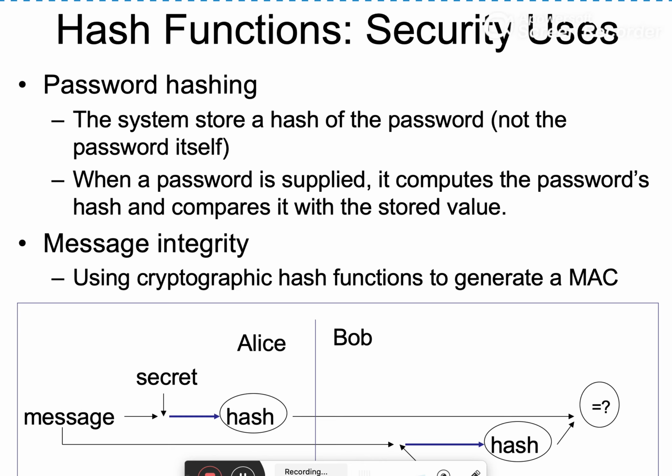So we have two basic applications of cryptographic hash functions. One is for password storing in the system. The system always stores the hash of the password. Password is never stored in clear. And for message authentication code, hash functions are used. But the difference between password hashing and message authentication code is that when we are calculating a message authentication code, in order to calculate the hash, we provide not only the original message but also a secret key.